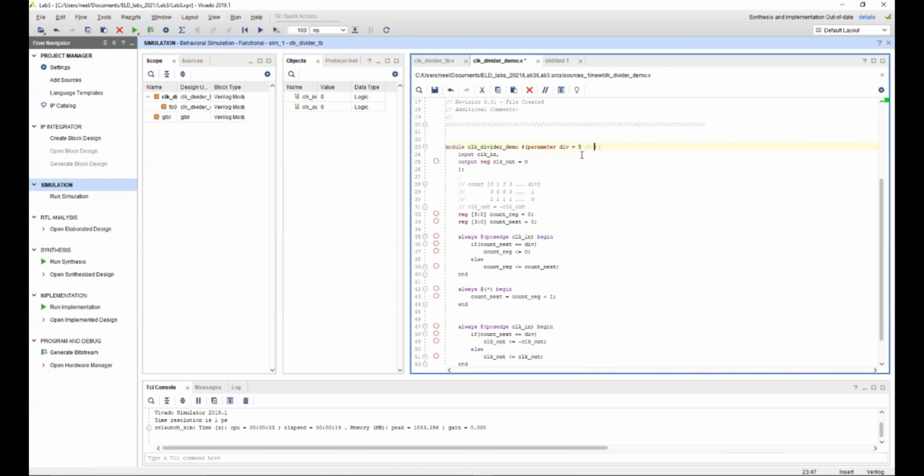So I'll just give you the formula for div value.